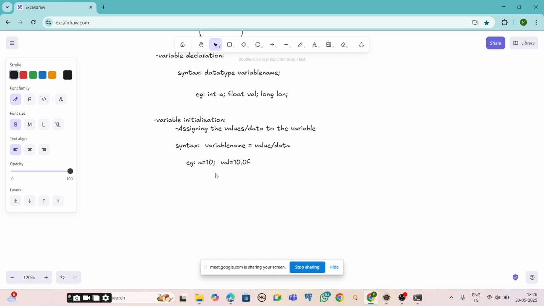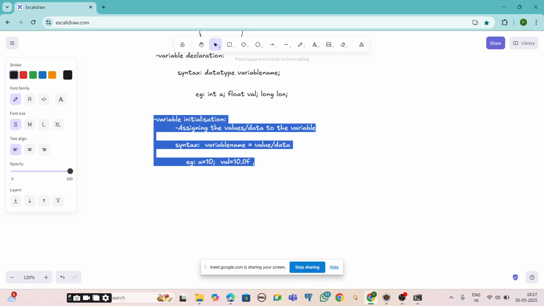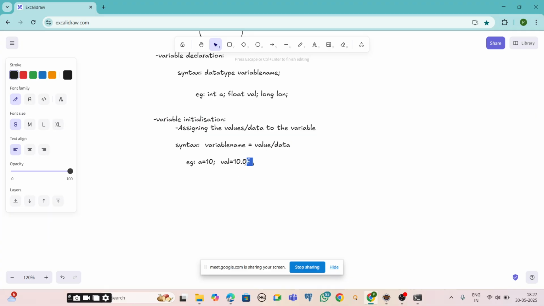Value equals to 10.0f. One thing: whenever you are using the primitive data types float and long, for float you should include the suffix f in the value.